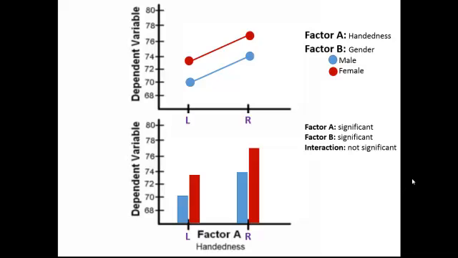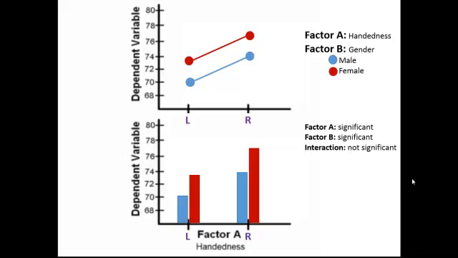And when we look at the interaction, that's when we're asking, does the influence of factor B change depending on our value for factor A? And again, in this case, it is not significant, represented on the top panel by the fact that those lines are parallel. And in the bottom graph, you can tell that it's not significant because the relative spacing between males and females, if they're left-handed or right-handed, follows the same pattern, right? So females always have a larger value, and the magnitude of that is consistent between those two things. So the main effect of factor A is significant, the main effect of factor B is significant, and there's no